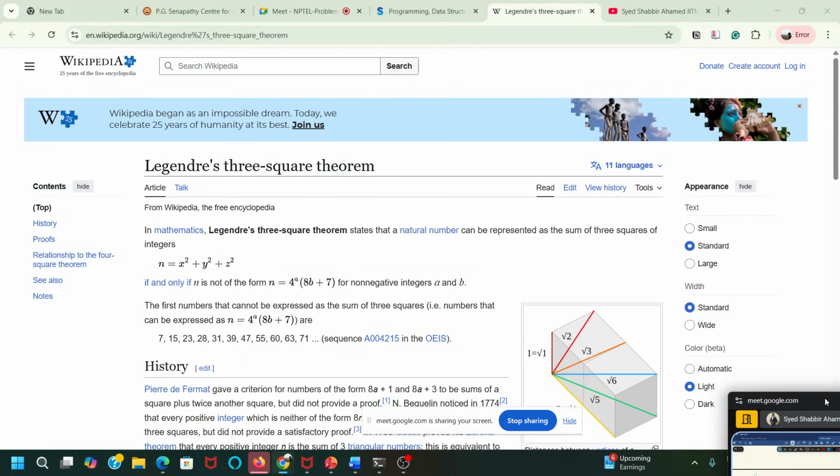Then if it is a positive number, I have to remove all factors of 4.